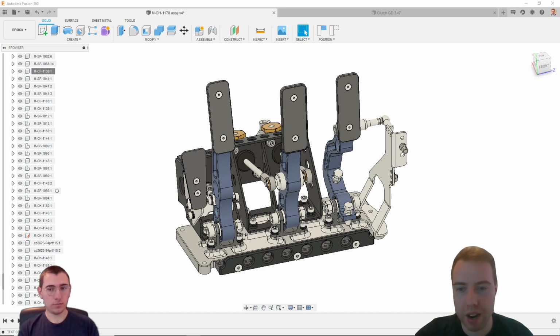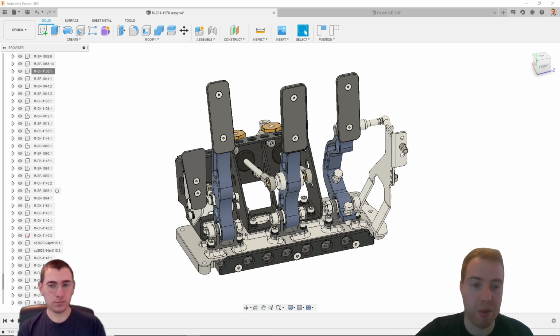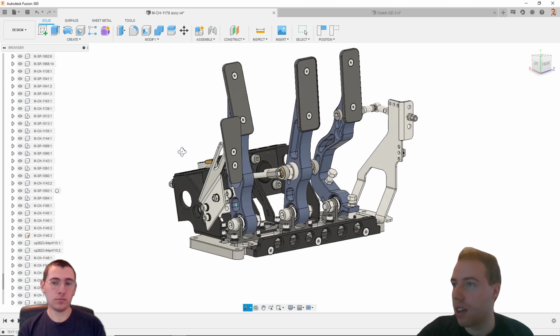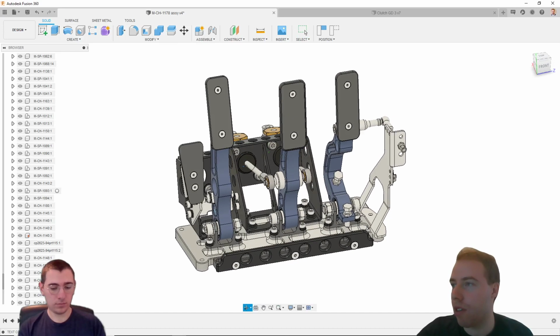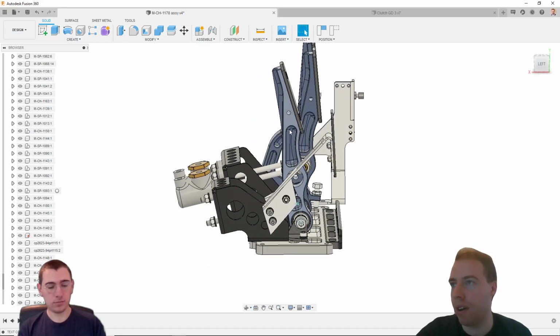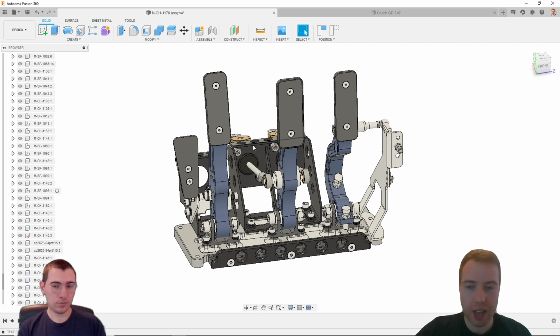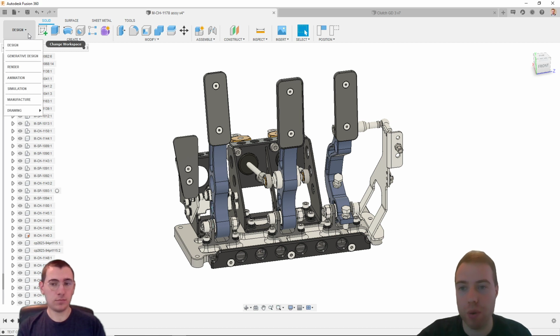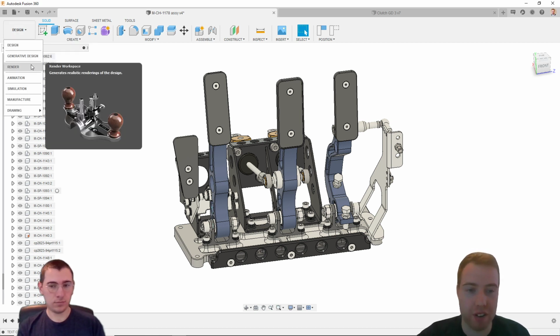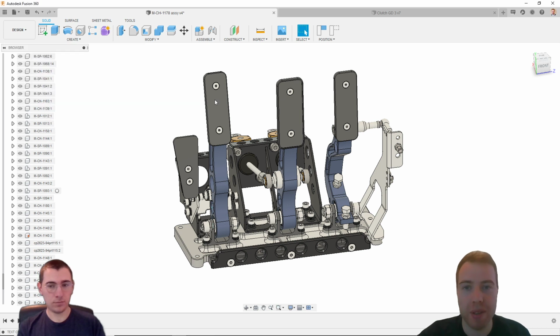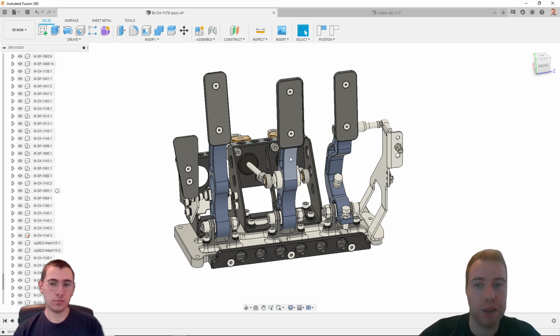So what we're going to do is show you how that works inside of Fusion. The first thing I'm going to do is show you the component we're going to be working on. We're going to be working on this pedal here, the clutch pedal. And if you're familiar with Fusion 360, you'll know we've got all these different workspaces that have specific tools for what you want to do. So I'm in the design workspace at the moment. This is where I've got all the modeling tools, sheet metal, surface modeling, solid modeling tools